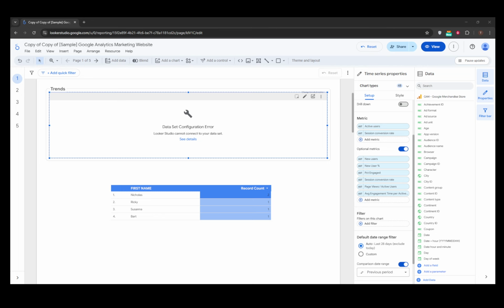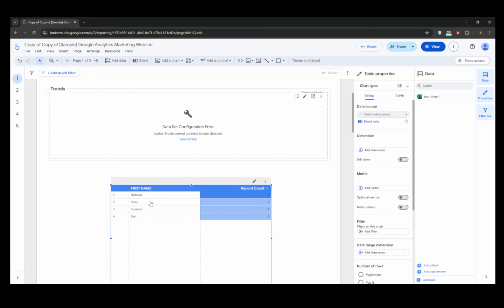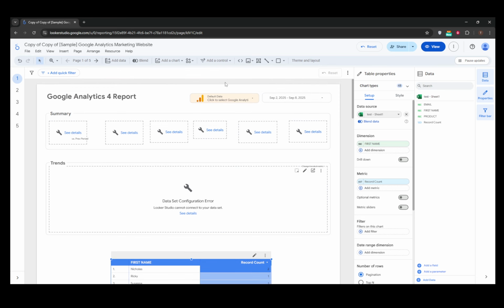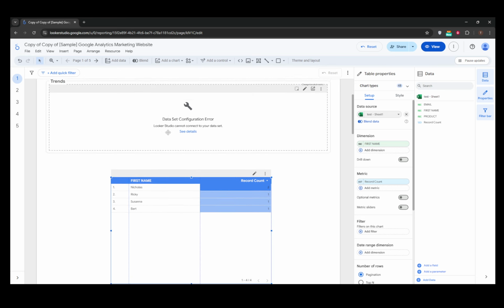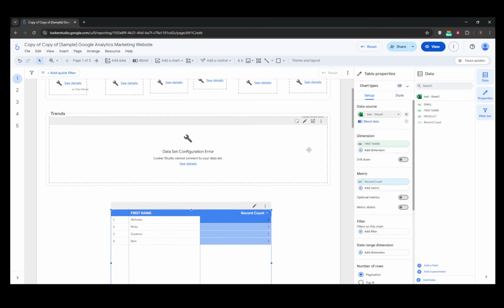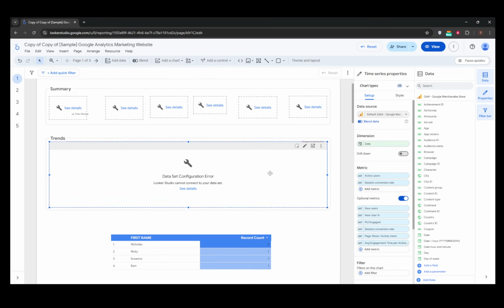To start with, let's consider the first option, which involves using GA4's built-in conversion rate metrics. This method is particularly straightforward if you have a GA4 data source connected via the native connector. Looker Studio, in this instance, might already offer you some convenience with metrics like session conversion rate and user conversion rate. These are handy because they provide key insights into how effectively your sessions or users are converting on your